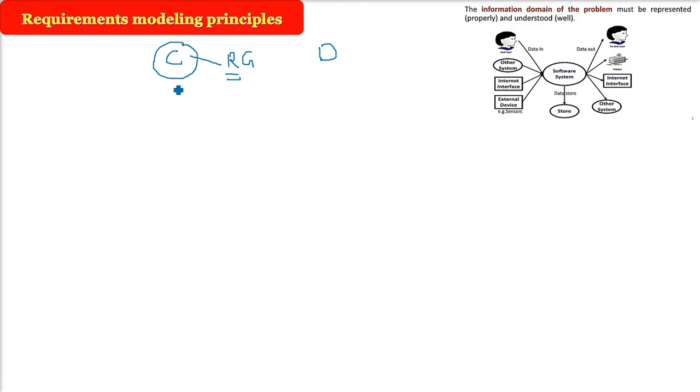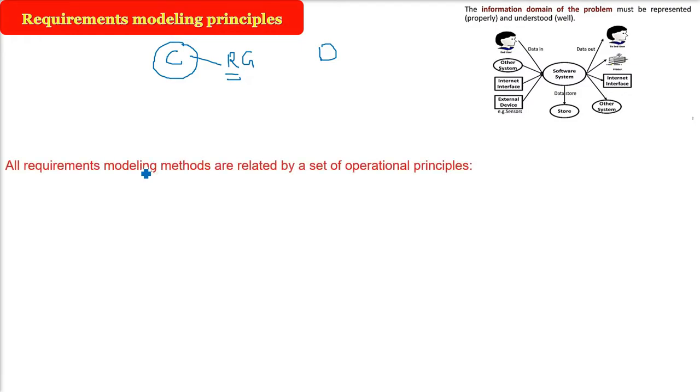Now when we model it, when we present it in some form so that it can be transformed into design and then to coding. So the different phases, for example, the communication, the planning, modeling, construction, deployment. So this is the modeling part. So all the requirement modeling, whenever you do it, whichever method you take, what are the principles underlying the requirements modeling in order to fulfill the use cases, the user requirement, and the timely delivery of